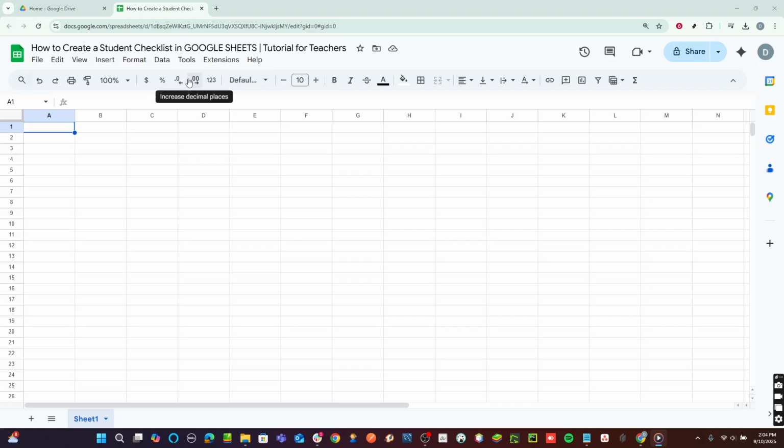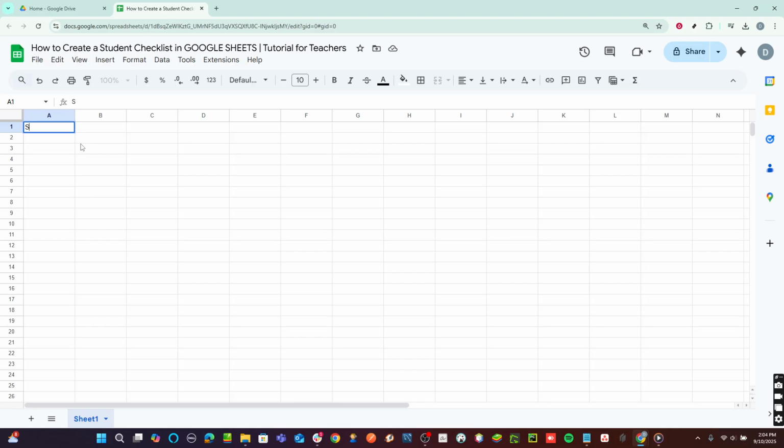To start, open Google Sheets. You can easily do this by navigating to sheets.google.com and clicking on blank to create a new spreadsheet. Once your new sheet is open, click on any cell to select it, which will serve as our starting point for this tutorial. It's crucial to understand that Google Sheets allows you to structure data effectively, providing a clear layout